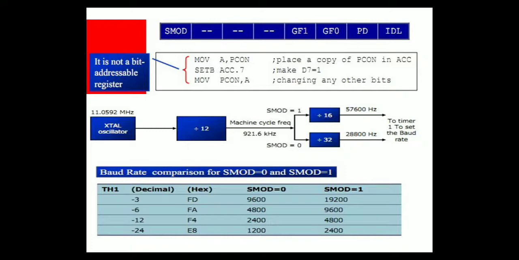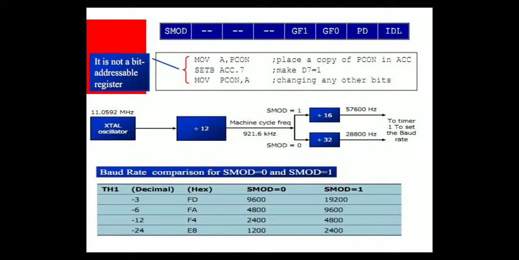So why did we do this? Why did we copy to the accumulator? Because the PCON register is not a bit-addressable register. That is the reason we cannot directly change a bit in this register. But the same thing can be done by copying the entire 8 bits to the accumulator, which is bit addressable. Therefore, I will set a particular bit without modifying the remaining bits. I will not change them. Only I am interested in making bit 7 as 1. So how do I do this? SETB ACC.7. This will set my SMOD bit.